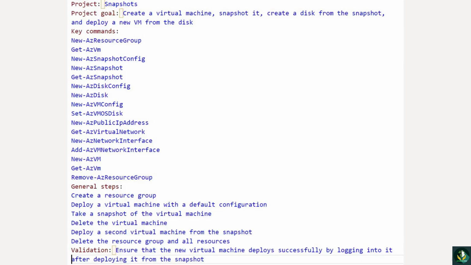Now it's your turn. The name for this lab is Snapshots. The goal is to create a virtual machine, snapshot it, create a disk from the snapshot, and deploy a new VM from the disk. The key commands for this lab are as follows: New-AzResourceGroup, Get-AzVM, New-AzSnapshotConfig,